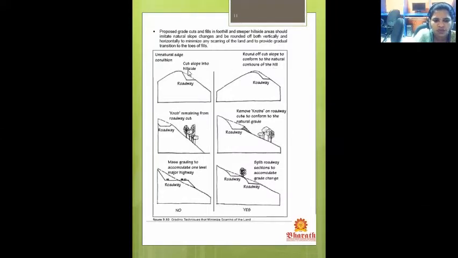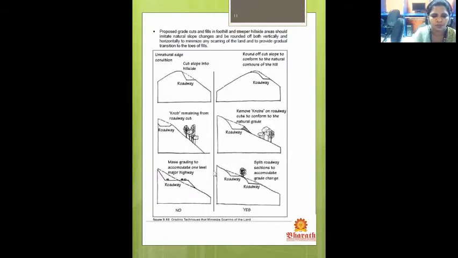In this picture we have a lot of cutting happening, and here we are going along the natural line and we have less cut for the roads. Whereas in the next picture, we are maintaining the landscape over here, and the knob remains from the road cut. Here we are maintaining the natural contours and we have created only the roadway, and we are maintaining the other spaces. And this is right. Here we are removing knobs on the roadway cuts to conform to the natural grade.